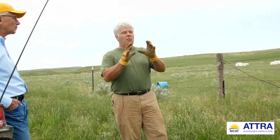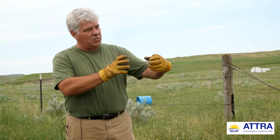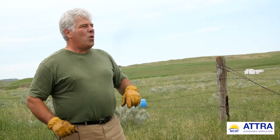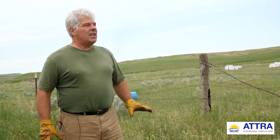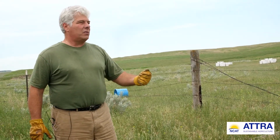There are people that have been in the mindset of breaking out from the commercial grain-fed model for cattle for a long time. They've looked at this over the last 40 years, as the feedlot industry developed to the extent that it is now, and said, no, I don't want to participate in that. I want to be able to calve in the spring, I want to be able to wean calves, and I don't want to have to continually put hay and inputs into these animals. They need to be able to sustain themselves. So over time,